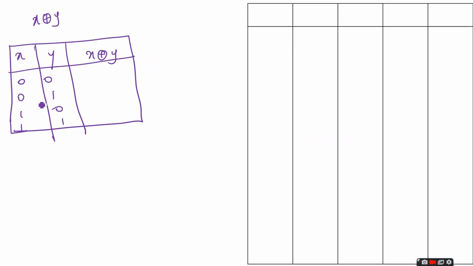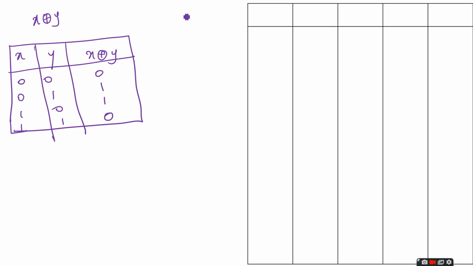Now see here, 0 0, so the result will be 0. Now 0 1 has an odd number of 1s. How many 1s are there? One. That is odd, so the output will be 1. Now 1 0, there is a single 1, that means an odd number of 1s, so the output will be 1. 1 1, the output will be 0.